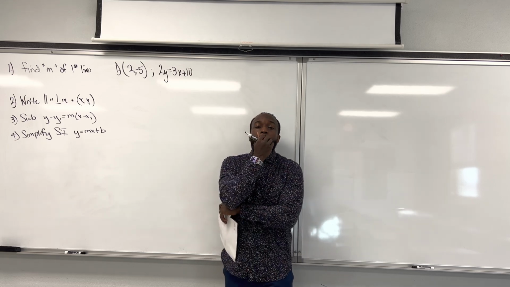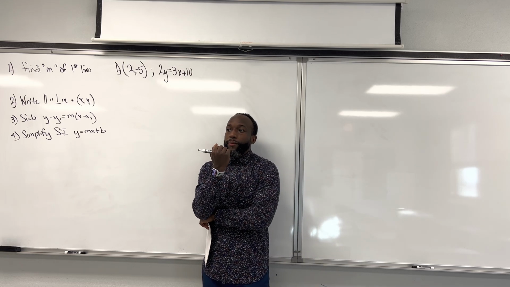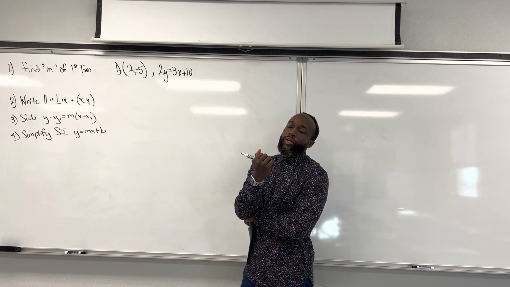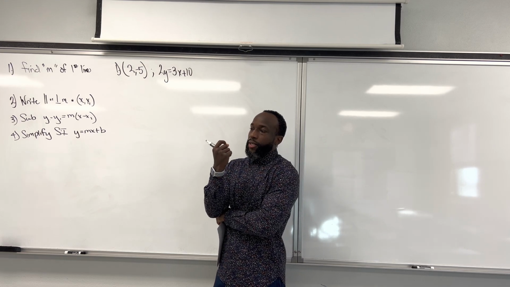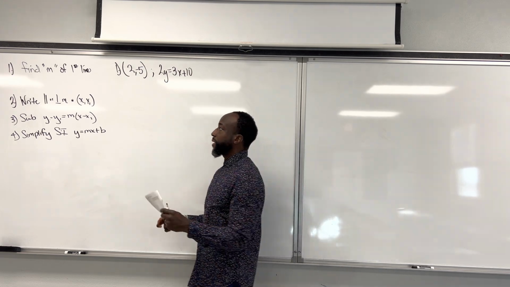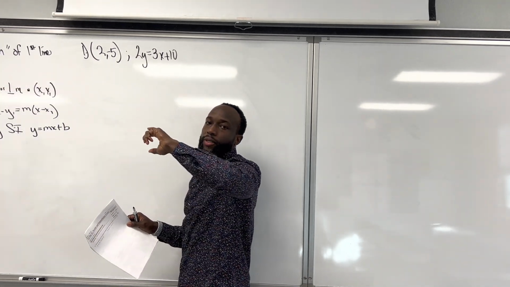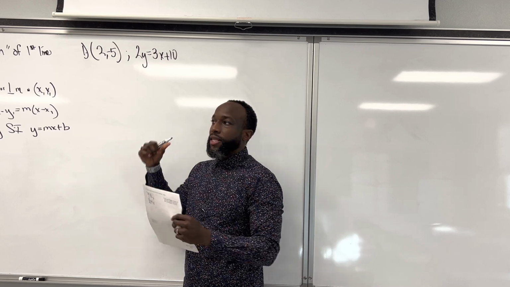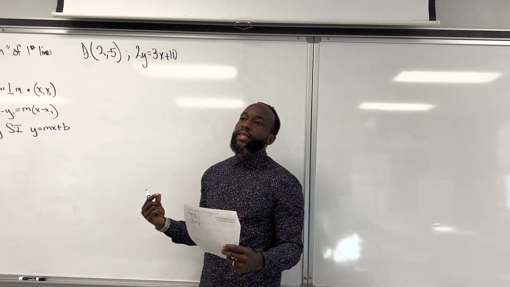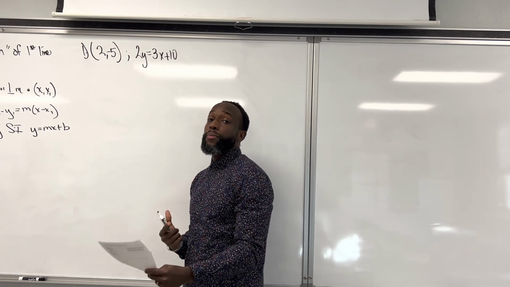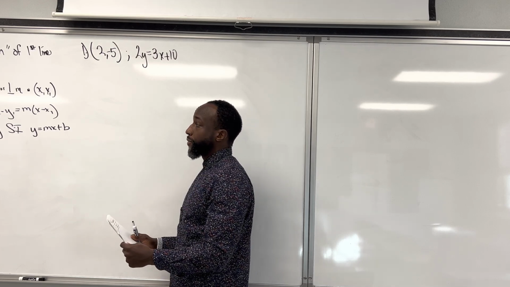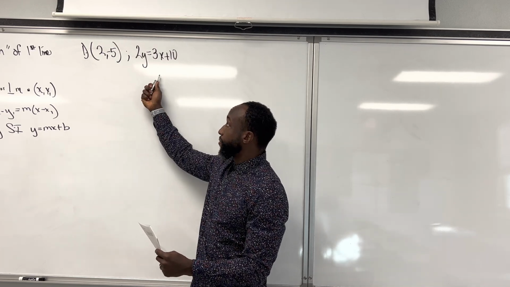And so what we want to do first is talk about the steps it's going to take to write the equation for parallel and perpendicular lines. Step number one is you want to identify the slope of the first line. We're going to give you the slope of a line, and then we're going to give you a point, and we're going to say, write the equation for a line that is parallel or perpendicular to this given line, right,